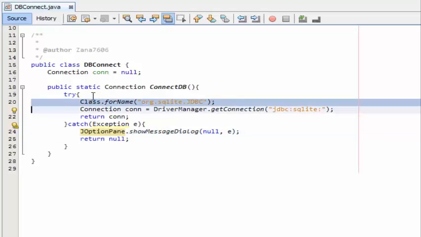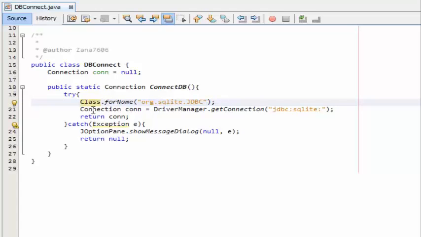Okay, so the first thing, inside our try, we say Class.forName and org.sqlite.JDBC. This pretty much gets the Java database connection from SQLite, so we just connect to them, and that's pretty much it, right? There's not that much to explain, except it's one of those things that you need to have in it. So you say Class with a capital C, remember, Class.forName, and we say